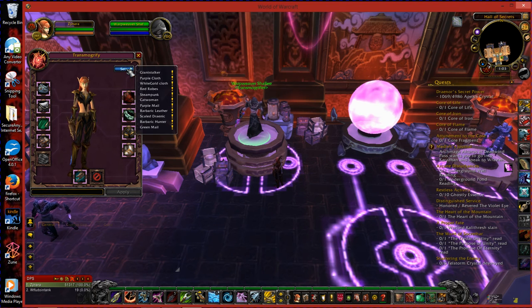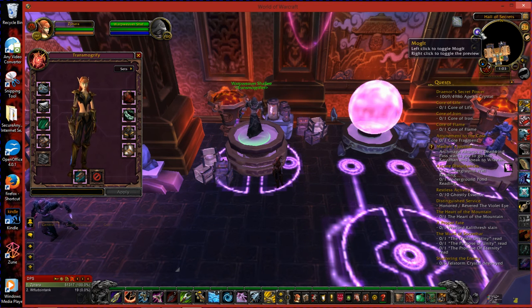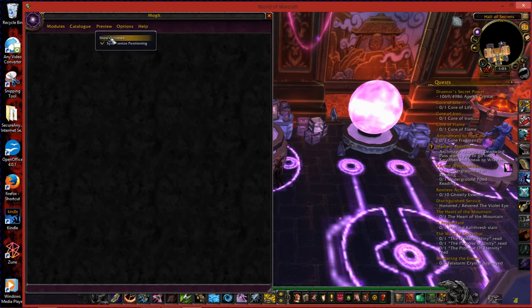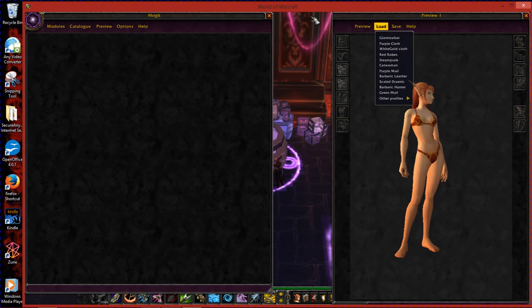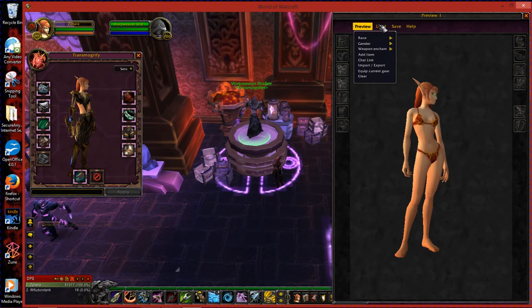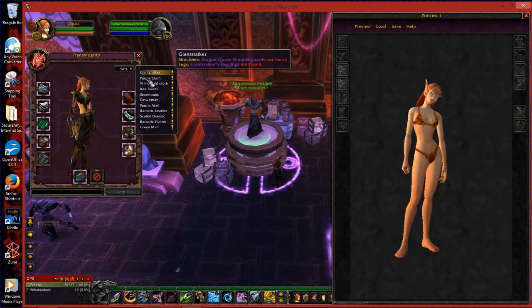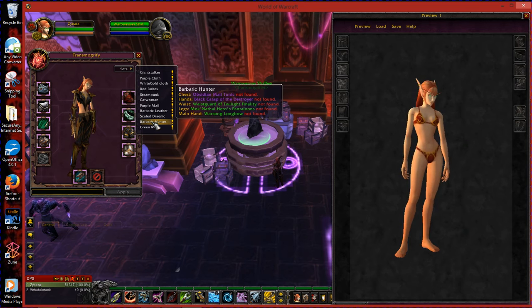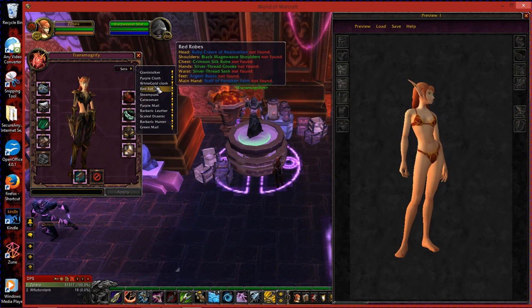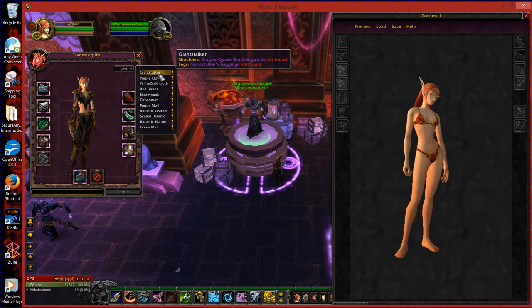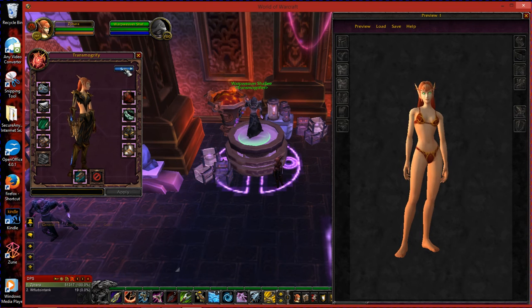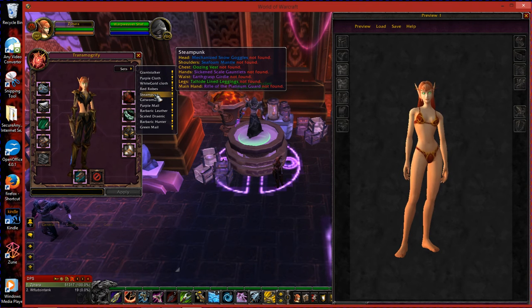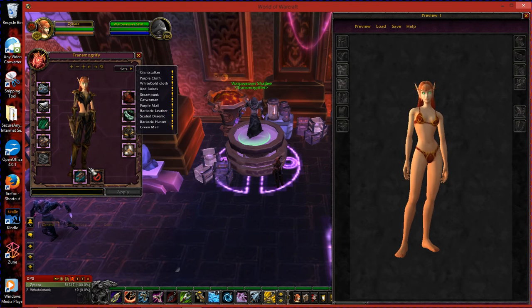Here we have sets, and if you happen to use Mogget and you have your saved sets under show previews, then you will be able to use a nice easy method of using sets. You can just pull up sets. You say I want to use, guess what? I don't have any of the ones I can use here because I have not actually gathered all of the items for all of these mogs. So I'm going to have to do this the long way, but if you happen to have all of the items from the sets that you've been creating in Mogget, then you can simply say I want this mog and it will put all the pieces where you need it and you'll hit apply.